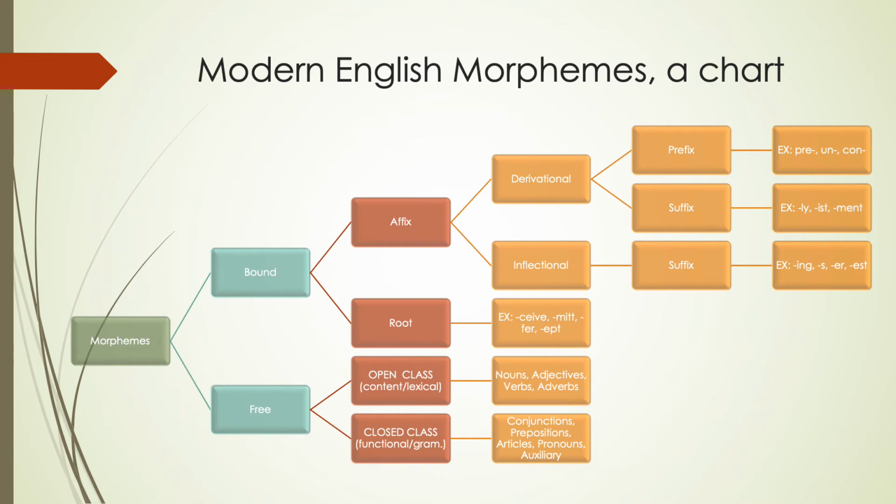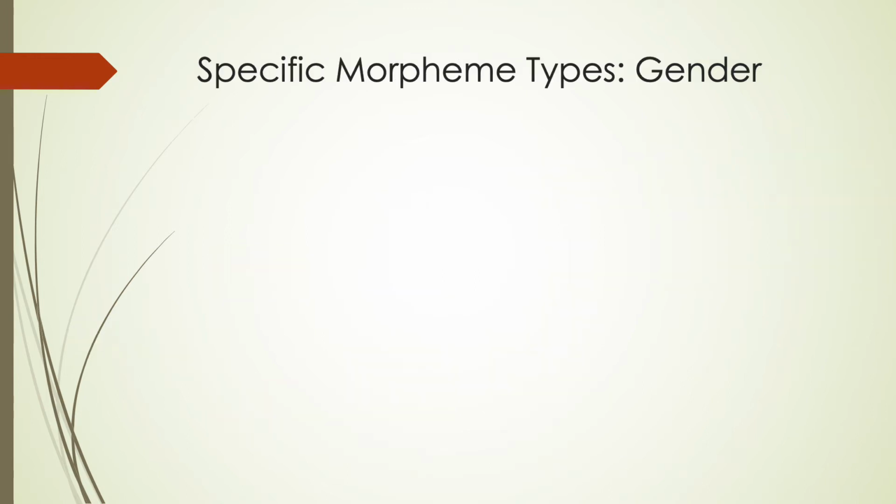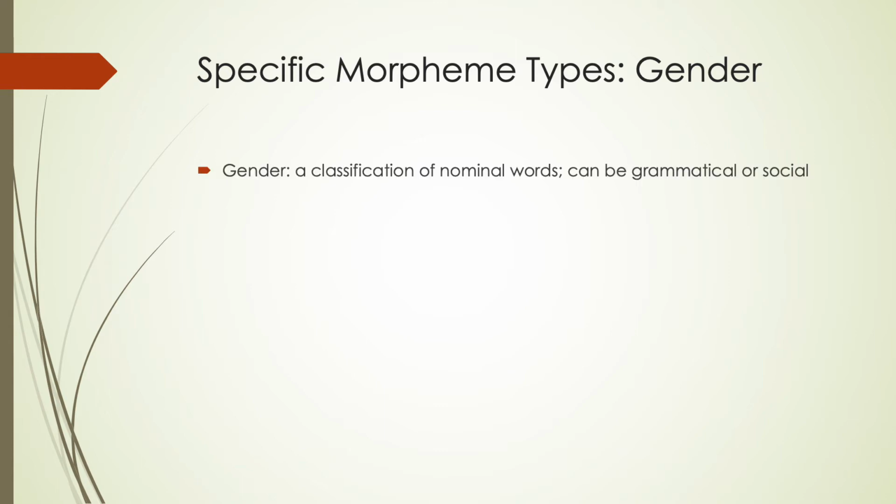If we hone in on a couple of specific types of morphemes, things that are going to be very useful for us to understand throughout the semester, the first one we'll talk about is gender. And gender is a classification that's added to nouns. These are known as nominal words. And there's two different ways to understand gender in language. There can be grammatical gender or there can be social gender. And these are very different, and they play very different roles in how things are interpreted and how a language